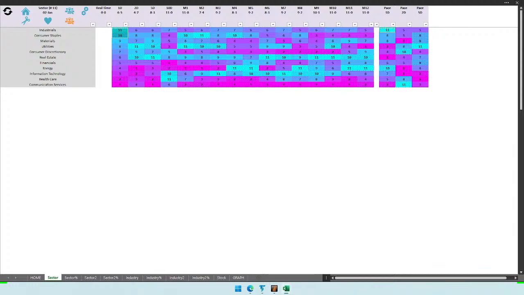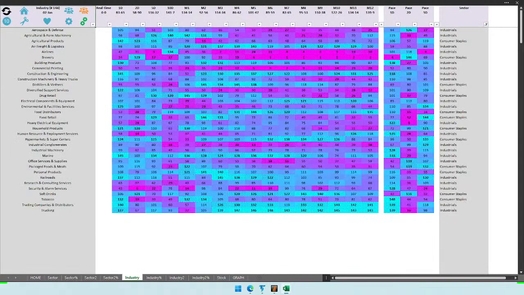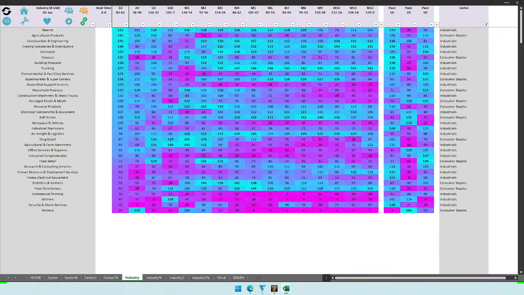So let's drill down into the industries, see which of the industries were strongest in these two sectors. I'll sort them by relative score. Look at only the industries with checkered background. That would be the industries among the top 20% of all industries. In these two sectors, industrials and consumer staples, but among the top 20% of all industries overall. These are the industries. Let's drill down into S&P 1500 stocks for now.